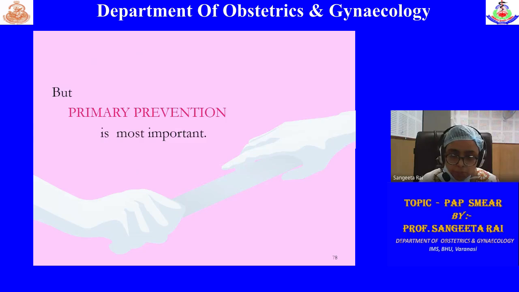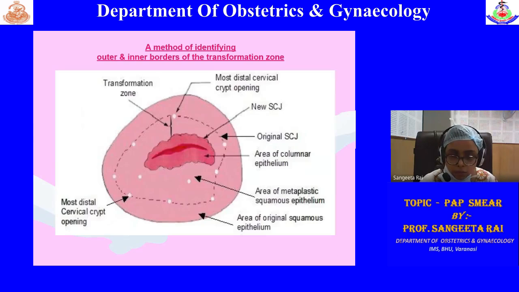One important thing I want to discuss is that whenever you are taking a pap smear, always tell the patient that she should not douche, and should not use any cream, vaginal cream or antibiotic. The patient should not have sexual intercourse 2 or 3 days prior. The patient should not have any bleeding or irregular spotting. In these cases, we cannot do the pap smear.